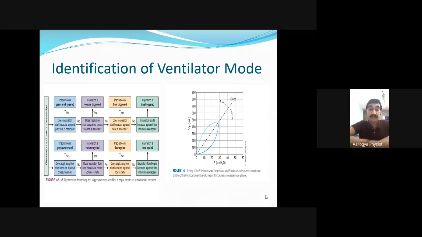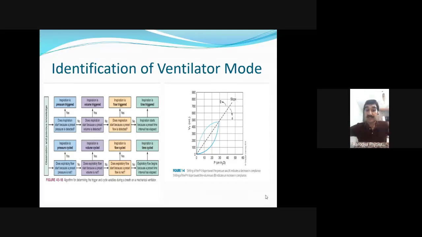In the same way, compliance is actually the volume and pressure reference. How much volume change is causing the pressure change? For example, if you take a patient of restrictive lung disease, they usually have low compliance. They have a stiff chest. So a greater amount of pressure is needed to achieve the same amount of volume as compared to one who has a normal compliance. Compliance always plays an important role, and so does the resistance.